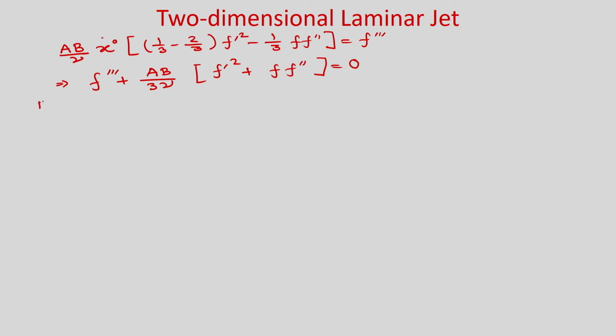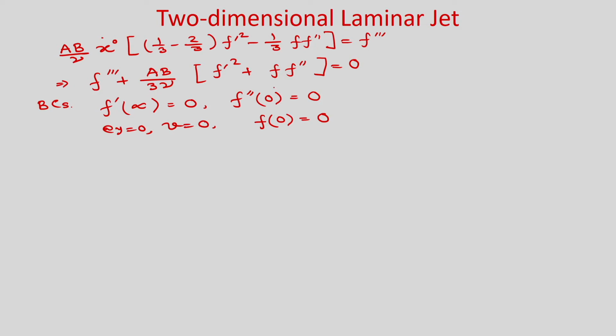So, with the boundary conditions f prime at infinity, okay, that is the velocity is 0 and f double prime, that means the velocity gradient at central line is 0 and v is also 0, right, at y is equal to 0, v is equal to 0. So, from here you will get that the stream function will be constant at the central line. So, and that we are making as 0. So, f 0 is 0.